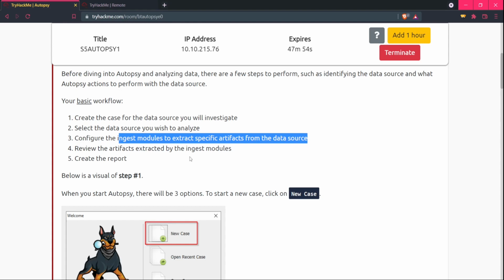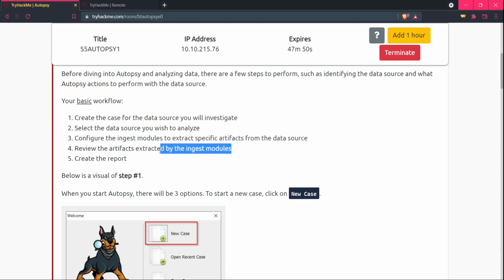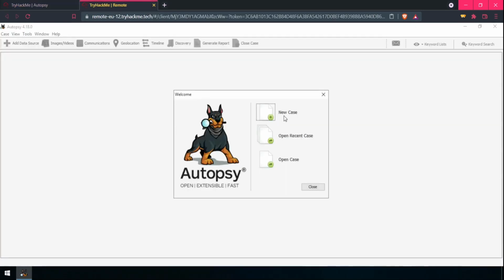The next thing is to review the artifacts extracted by the ingest modules, and the next thing is creating the report. So it is pretty easy, and if you open up autopsy, there are three options given to us: open recent case, open case, open new case. Or we can make a new case.